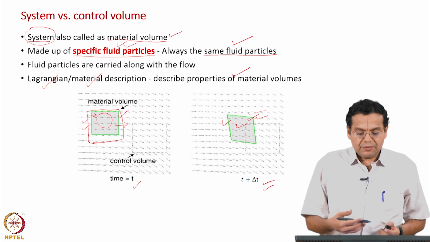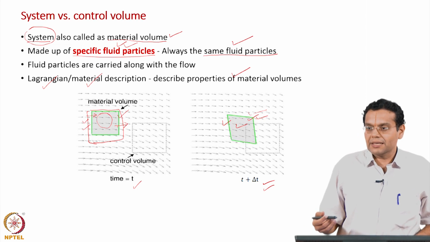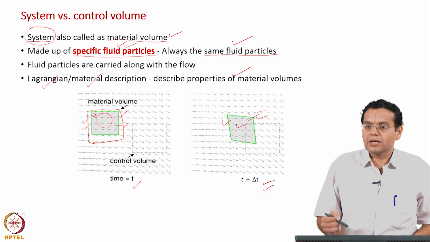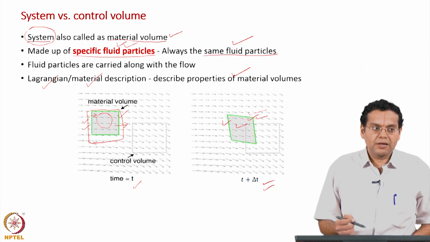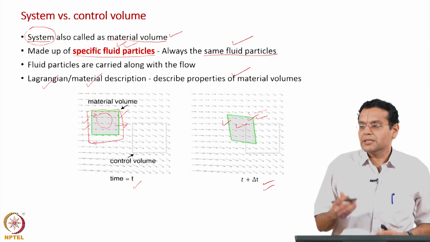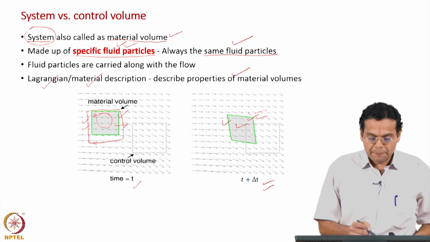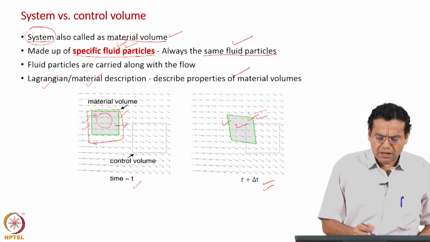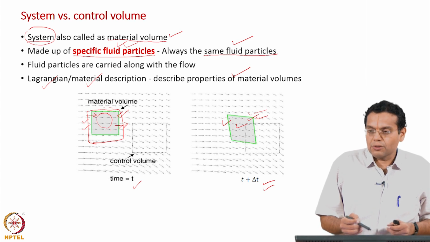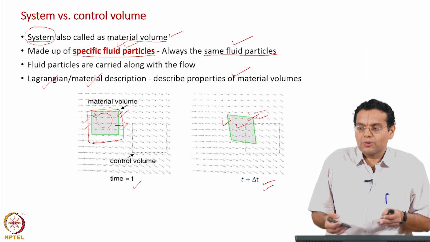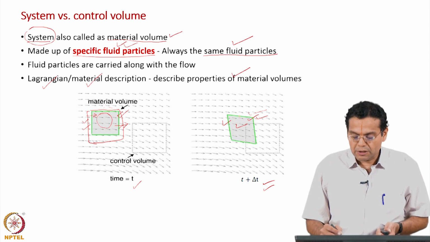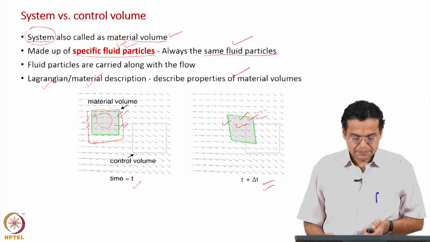That is why there is no particle entering, no particle leaving. So, the velocity of this material volume is the same as the local fluid velocity. If it were different, what will happen? Some fluid particles will enter, some fluid particles will leave, and that is why the way in which I define a material volume, all the local velocities, the velocity here, the velocity here, should be the same as the local fluid velocity. So, it just flows along with the fluid flow, and whatever happens to the fluid flow also happens to the material volume.